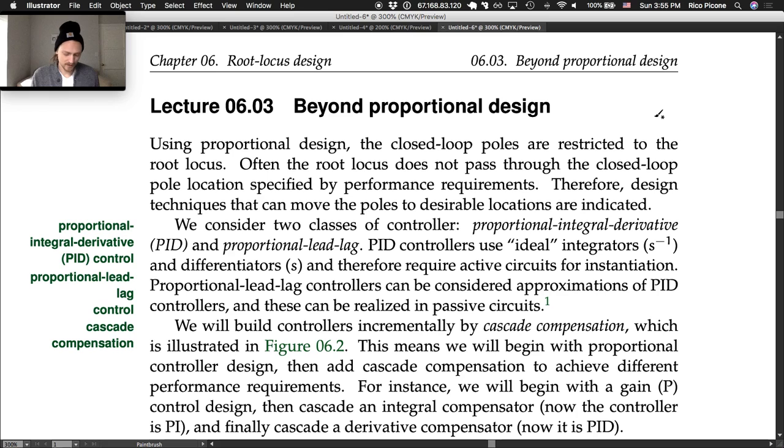However, often we want to have performance that would require our closed loop poles be off the root locus. And that takes us beyond proportional design. So, using proportional design, the closed loop poles are restricted to the root locus. Often the root locus does not pass through the closed loop pole location specified by performance requirements, for instance, settling time. Therefore, design techniques can move the poles to desirable locations